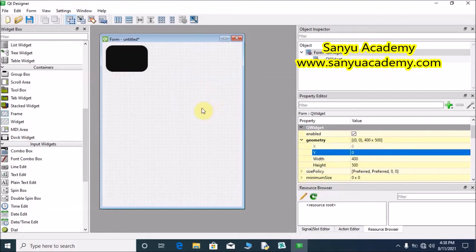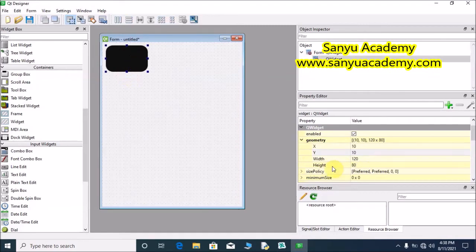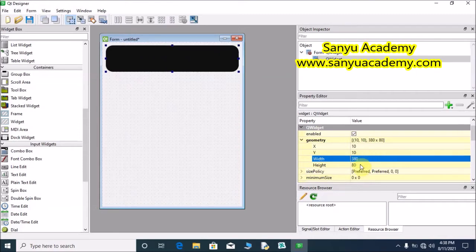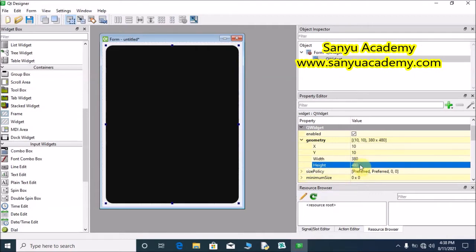The total width of the form is 400 and height is 500. So for the widget we are going to set the width 380 and the height 480. Enter. Now our widget fills the whole form.